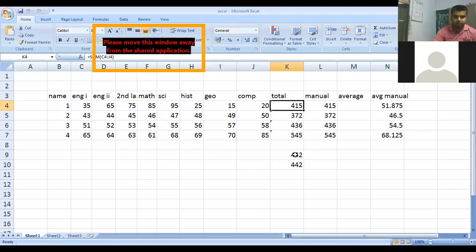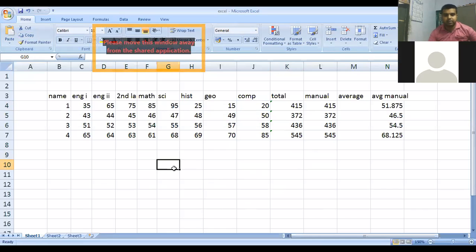So I am going to delete this part. Today we are going to learn some mathematical functions. Number one is MAX. Max identifies the highest number from the selected cells. I repeat, the max function is used to identify the maximum value from the range of selected cells.